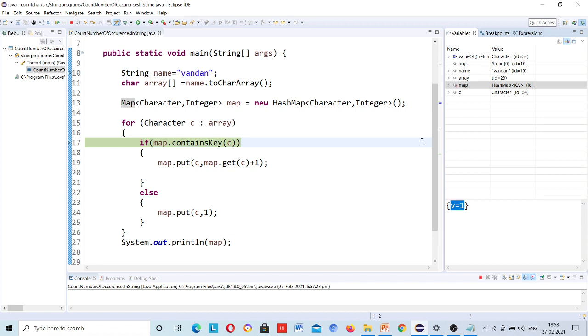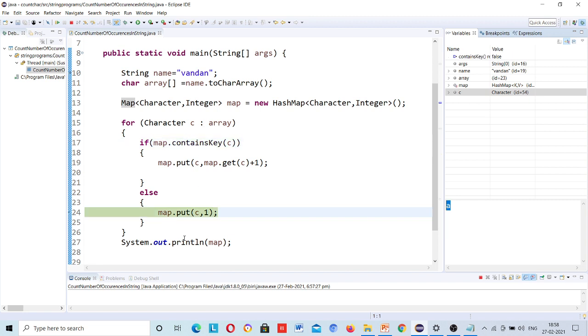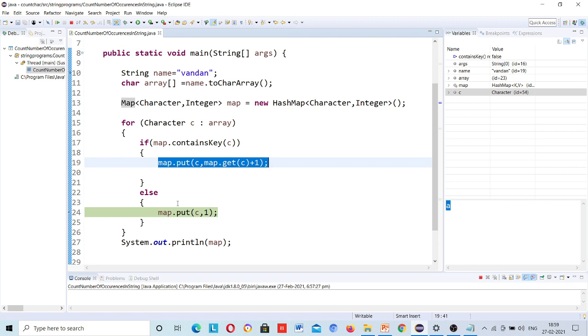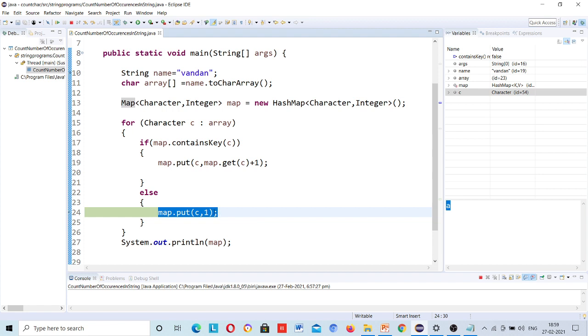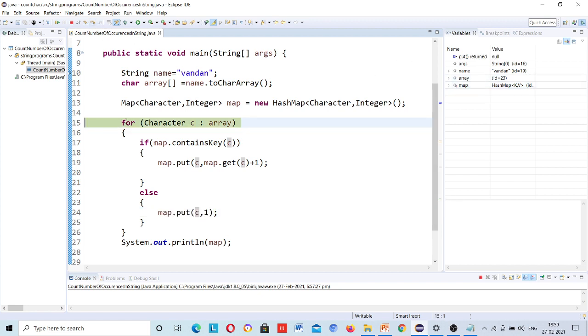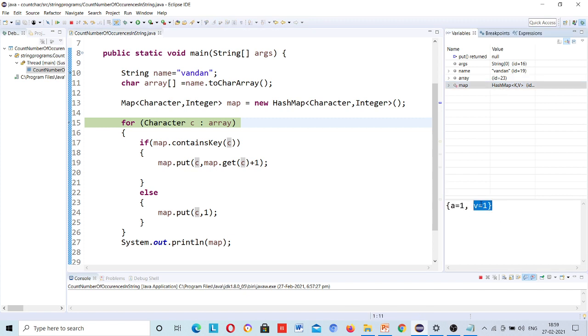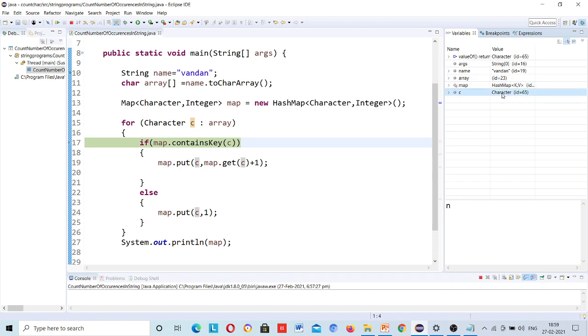Then this time you can check A, right? So this is the second occurrence, so A is here. Just I will step over. It has come to this line because the first time it had not found any value, just a V was added previously. Okay, now it came here. Once I run this step, then only it will put this A into the map. Okay, just you can see it gone here, and just double click, A is equal to 1, V is equal to 1. Okay, and similarly the third time you can see C n.